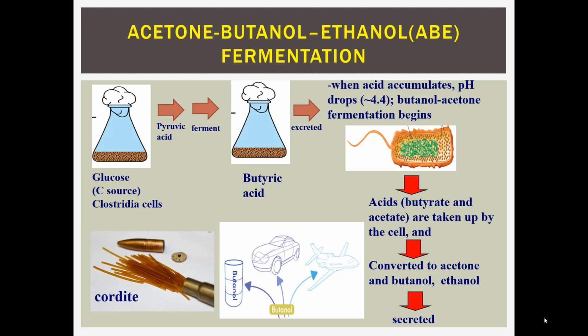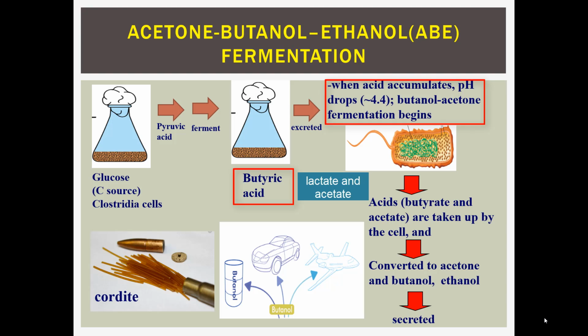During the exponential phase of growth, butyric acid, lactate, and acetate are produced and released in the culture media. When these acids accumulate, the pH drops to about 4.4. Then butanol acetone fermentation begins. In this process, the cells take up the acids and convert them to acetone, butanol, and ethanol, and then secrete